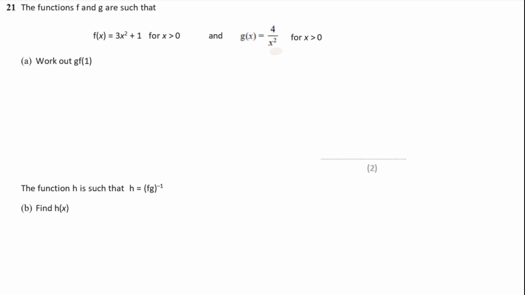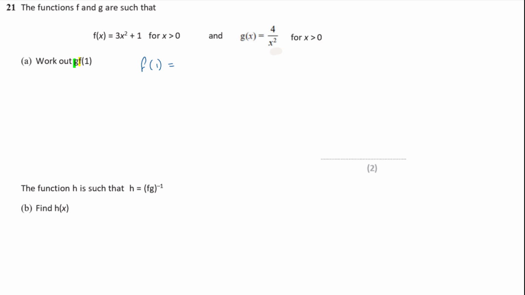Now, g of f of 1, this is what we call a composite function. So you take one function, you sub it inside another one, and you work from the inside going outwards. Starting closest to the number and working your way out, you get to f first and then you get to g. So that means that f is inside g. So you start with f of x and then you put whatever your answer is inside g of x. Okay, so g of f of 1, you're going to start with f of 1